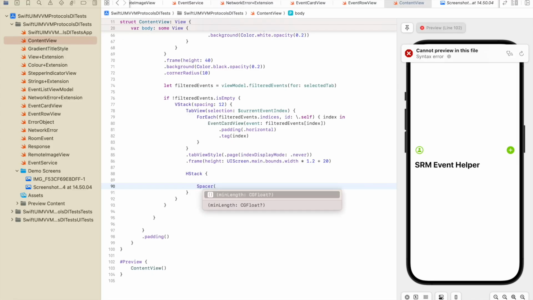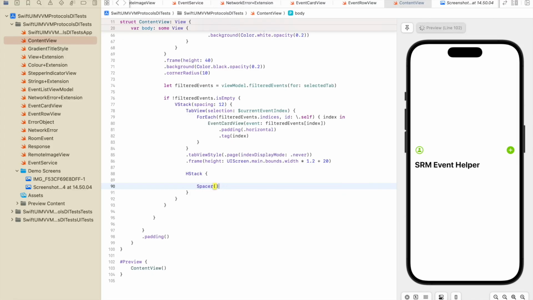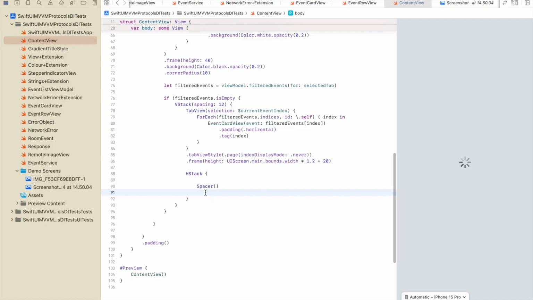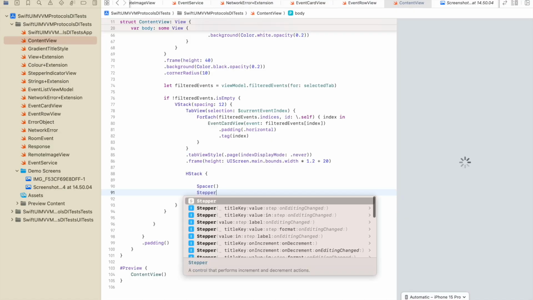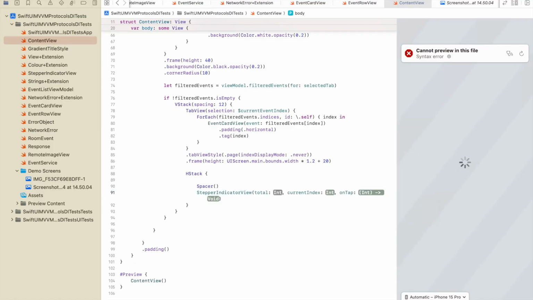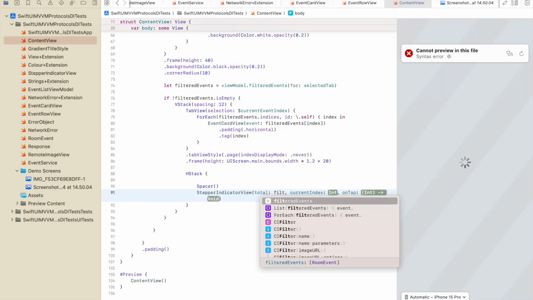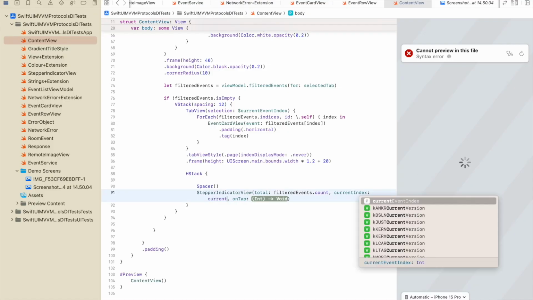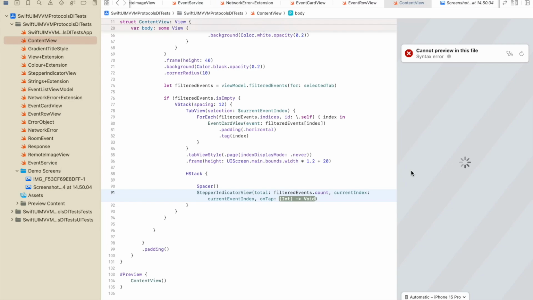I made a mistake. This is the section for creating the dots so that we can navigate from screen to screen. So this is the section that we're implementing at the moment. To do that, we have to use our stepper indicator view, and then we pass in the following parameters, which includes filtered events, dot count, the amount of events we have in our array, and the current index, the current event index,